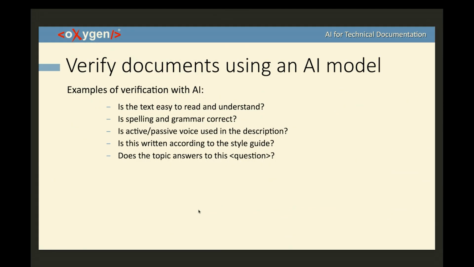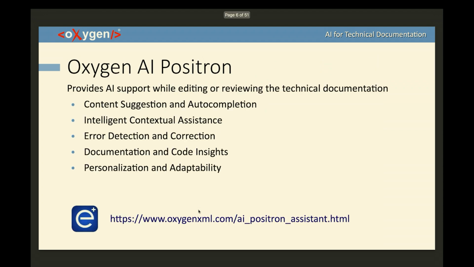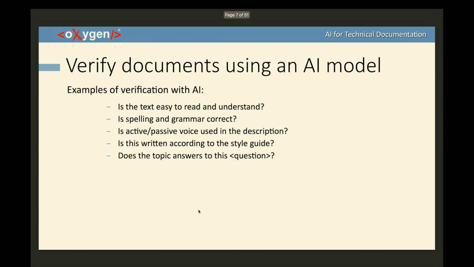Verifying documents using an AI model is useful, for example, to check if a text is easy to read and understand, or if the spelling is correct, or if you have active voice or passive voice, or if the text is according to a style guide that you define. So you can define some rules that you can then enforce on your documents. And